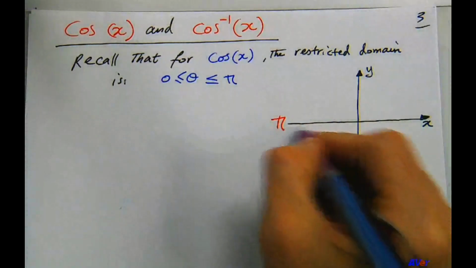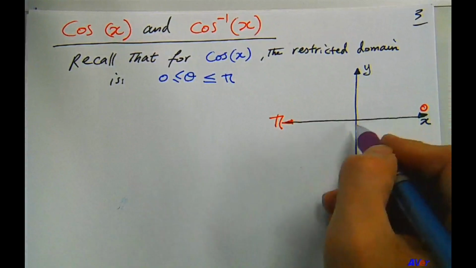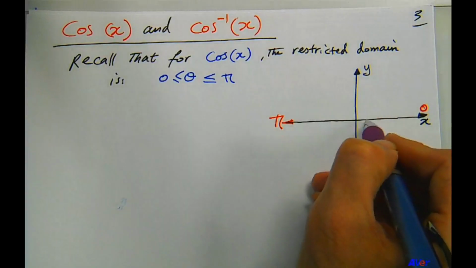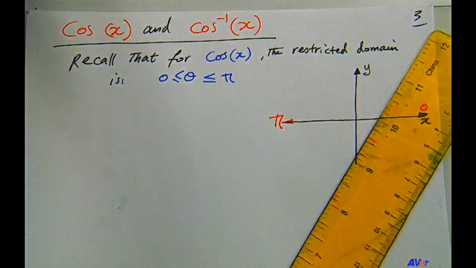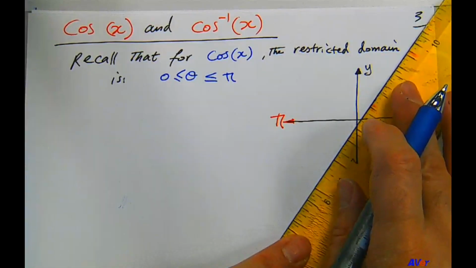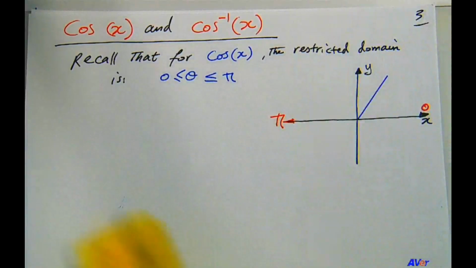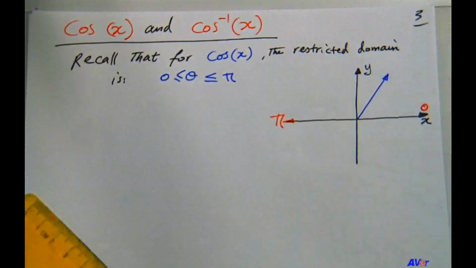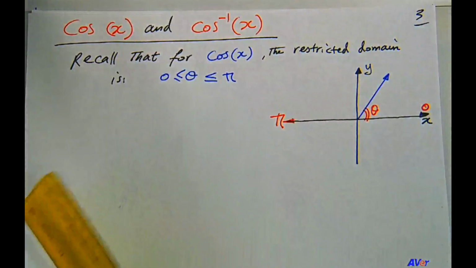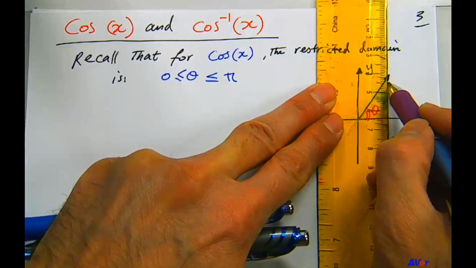So this would be pi, right? This side would be pi, and that would be 0. The angle going from 0 to pi would be going that way, right? Then let's take some line, anywhere here. Let's say that's the terminal side of some angle. And so I'm going to put a theta angle here, and then let's turn this into a right triangle,